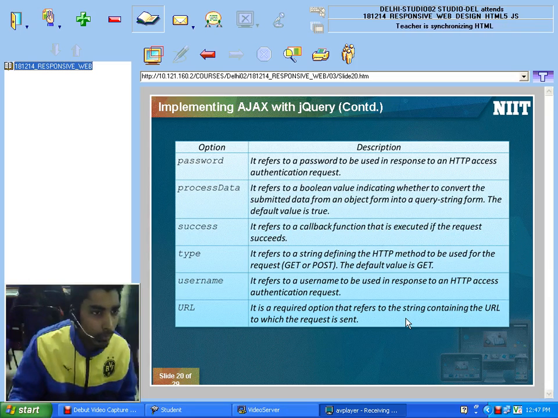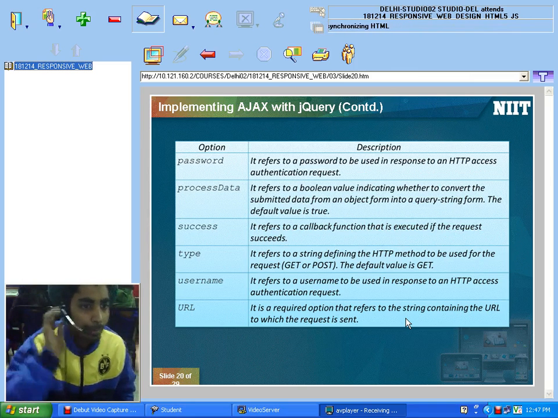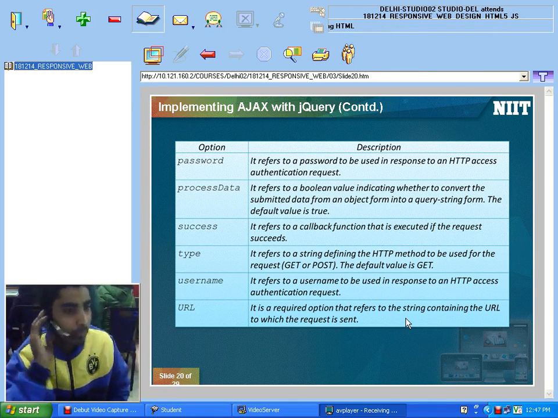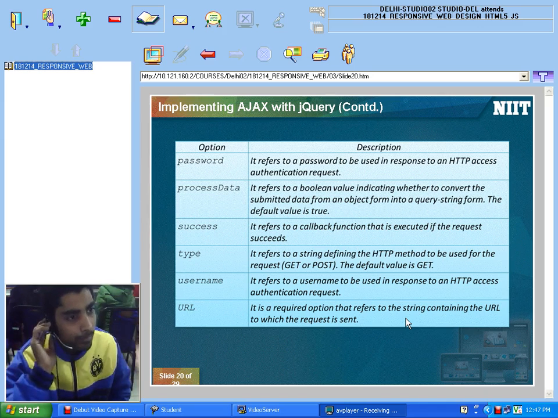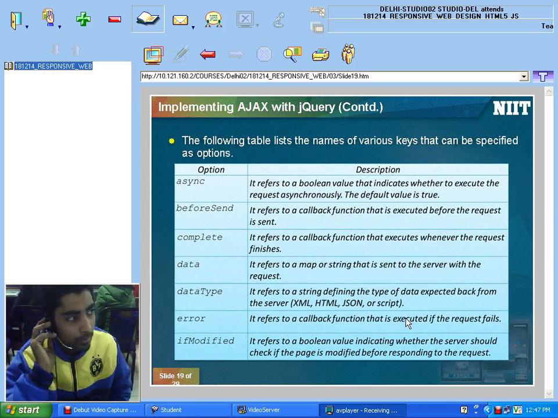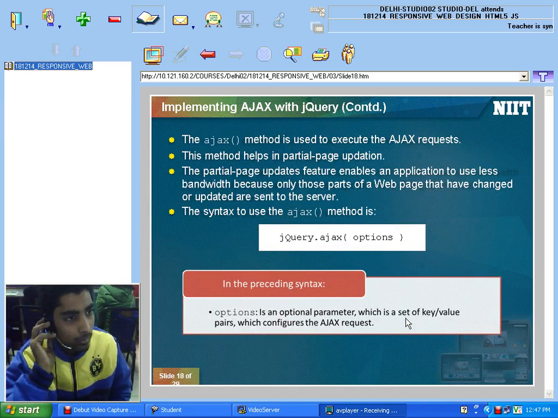This option I choose is success, and it refers to a callback function that is executed if the request succeeds. All these are options which I have in my function whose name is Ajax.